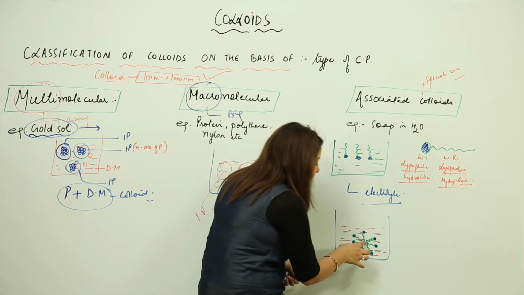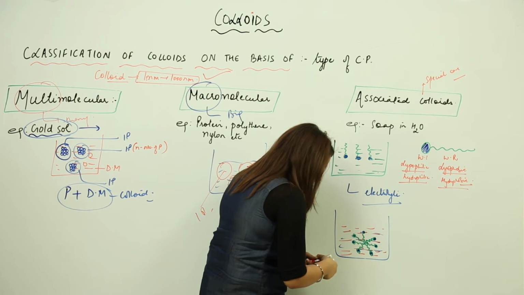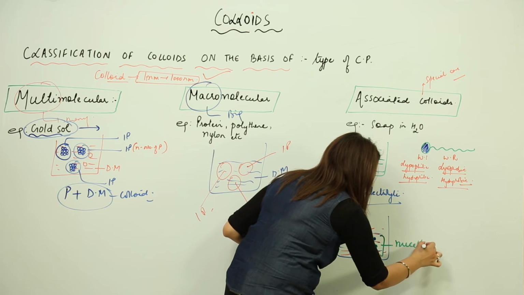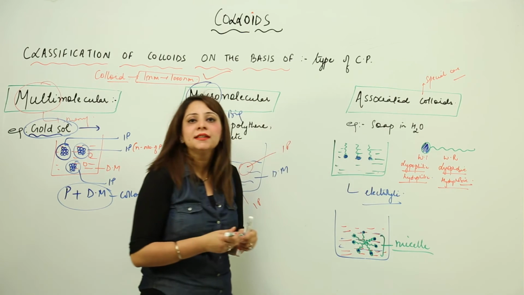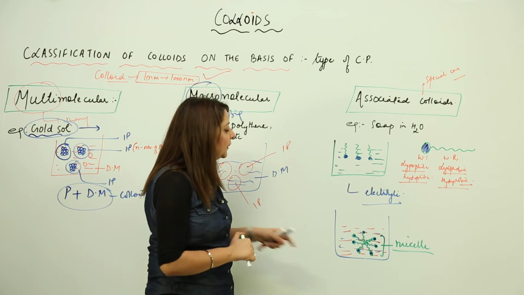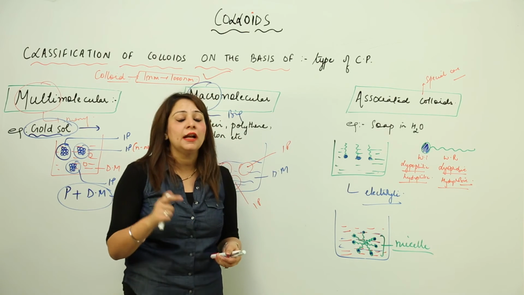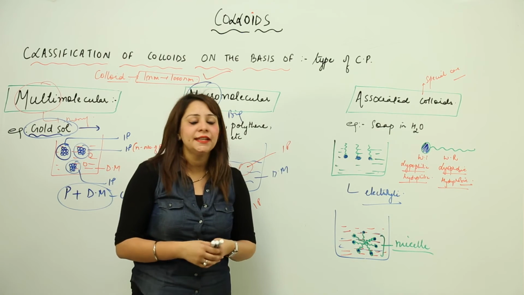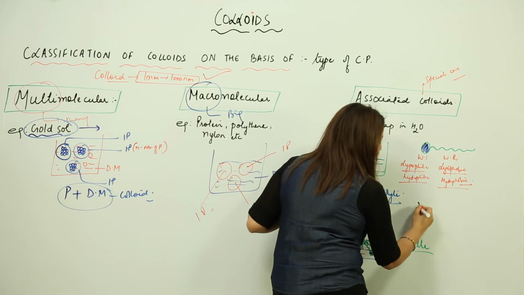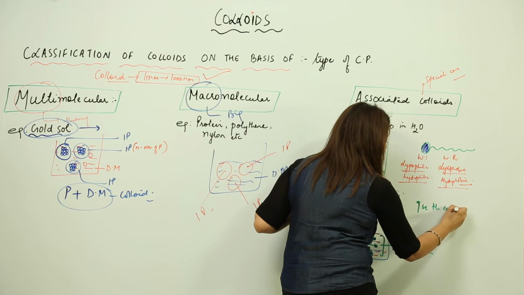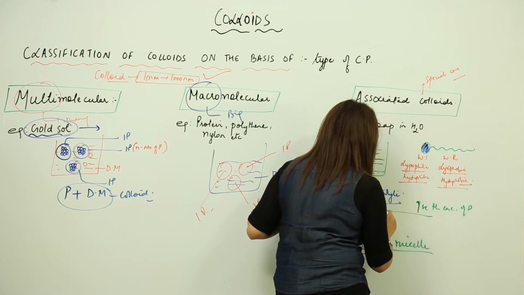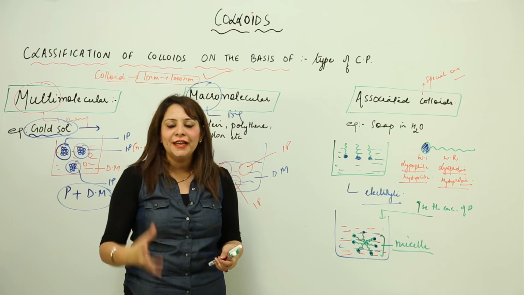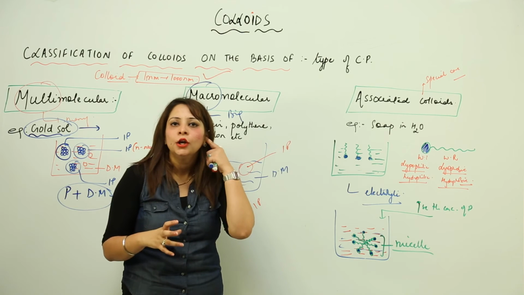And likewise when they are arranged with each other, this kind of arrangement, aggregation, is called a micelle. So what happens when they get aggregated with each other? You should know that they get aggregated when you increase the concentration of particles in the medium. So when you increase the concentration of particles in the medium, they somehow get aggregated in such a way that they form micelles. What is a micelle?